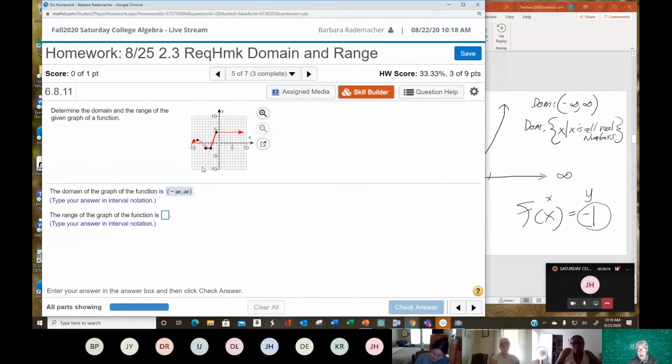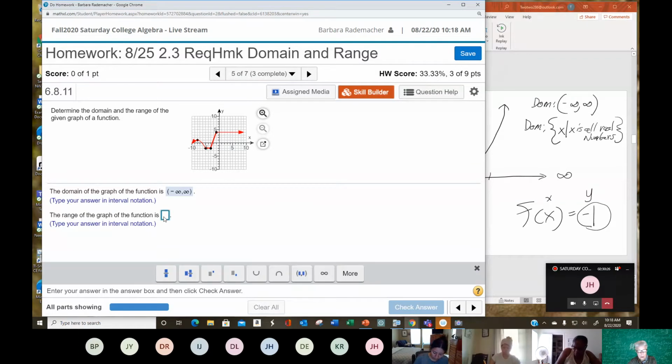Now the same, oh, no, not the same thing. This is going to end up, see the way it curves? It's going to end up going down forever. Okay? So this is going to go parenthesis, negative, infinity,